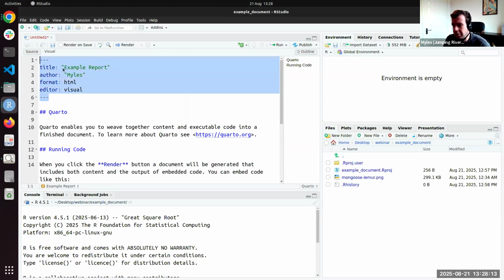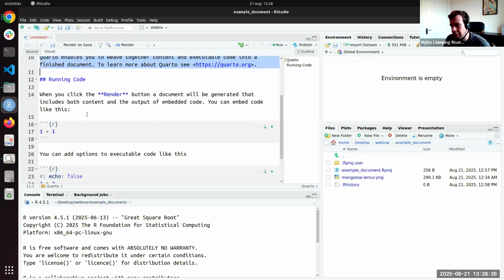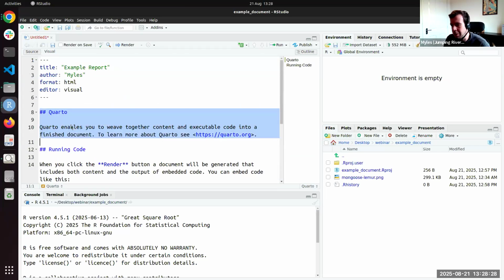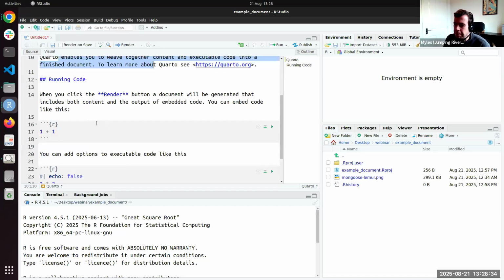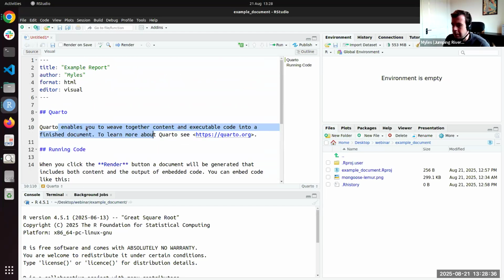So the way a Quarto document is structured is you've got what's called the YAML header at the top, and this is where you specify the settings and the sort of top level configuration for the document. Then you've also got this markdown body, which is where you basically give your main text. So this is where we include headings. We include the main body of text in the document. So that's the source tab.